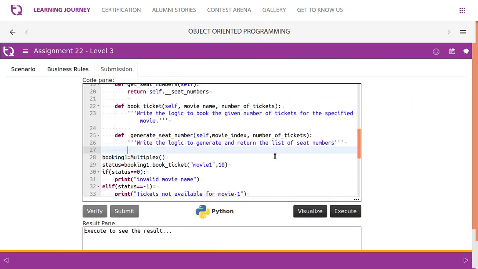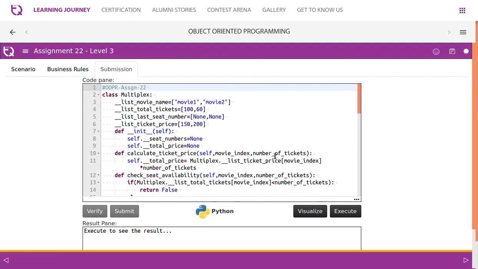So they have already given code, most of it was already written. List of movie names, movie 1, movie 2, total tickets available for this movie 100, and for this 60 tickets available. Last seat number is currently none, and ticket price for movie 1 is 150, for movie 2 it is 200. So we have instance attributes: seat numbers and total price.